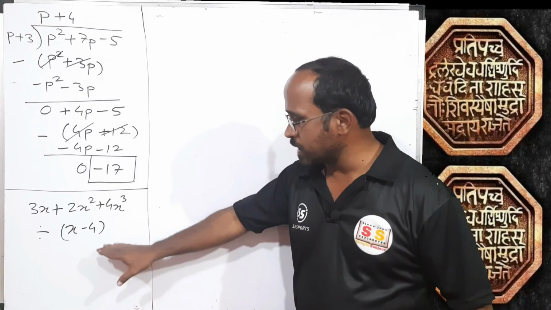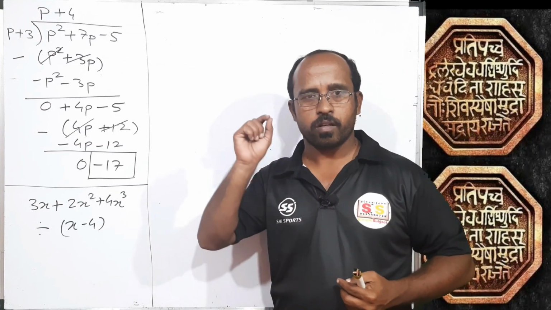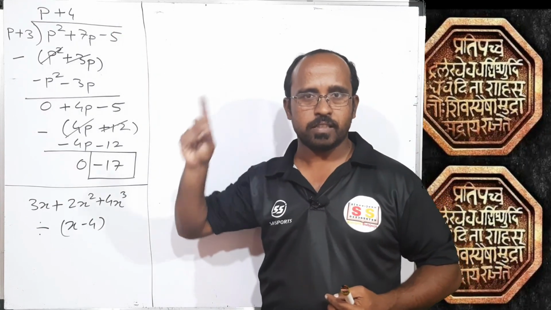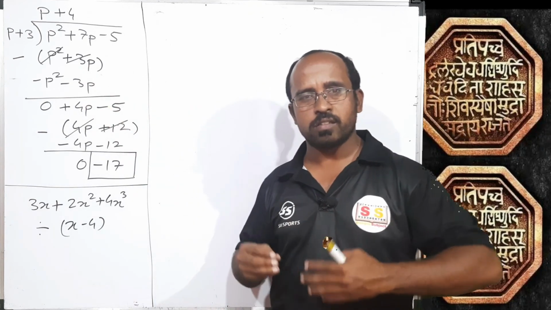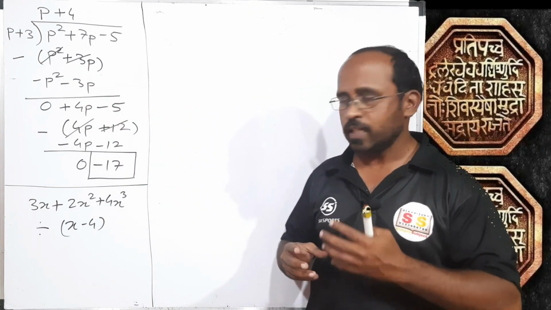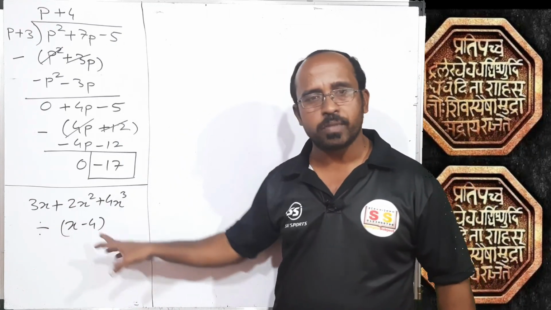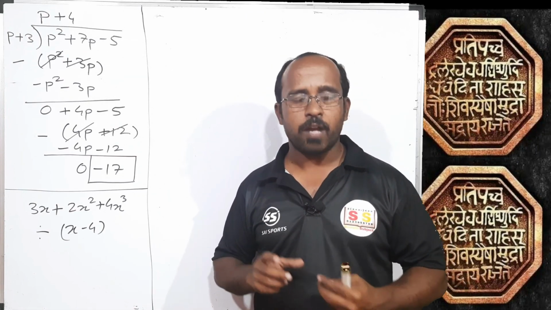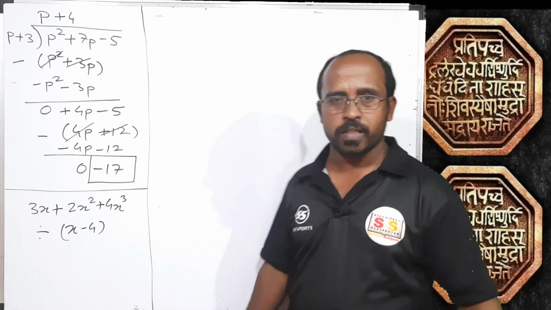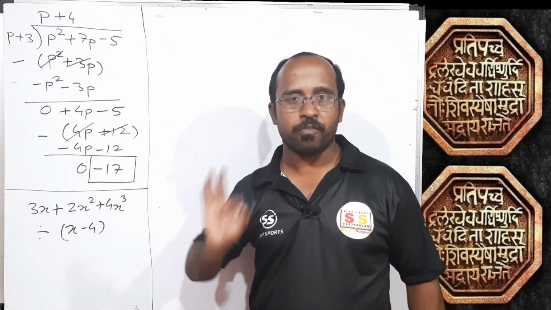I hope, students, till this example you might have understood our steps. Our steps are first to find the quotient, then subtract the multiplication of quotient and divisor, and all these tasks we have to do until the degree of this is less than the degree of the divisor. Means every time we have to compare the degree, right? And for the comparison and proper use of the degree, it should be arranged in the standard form.